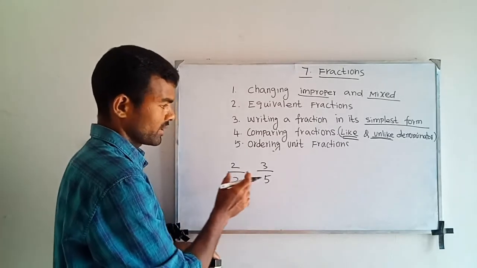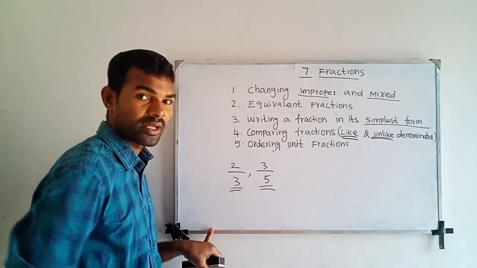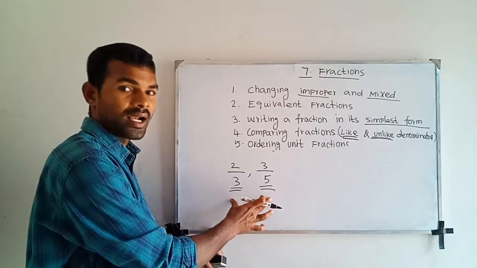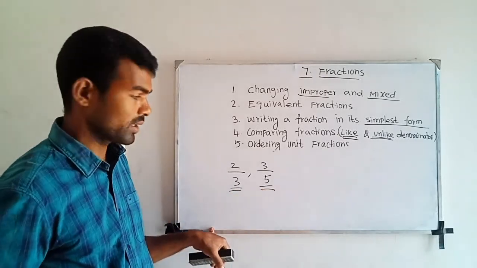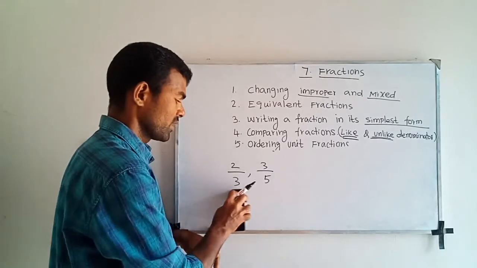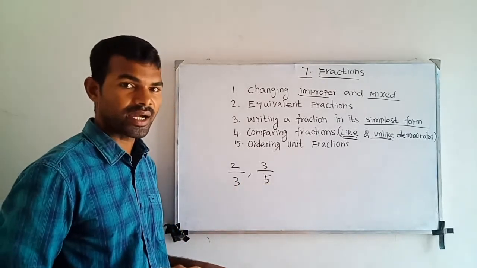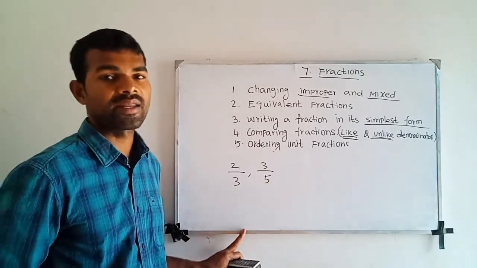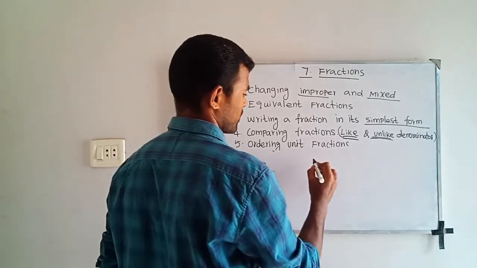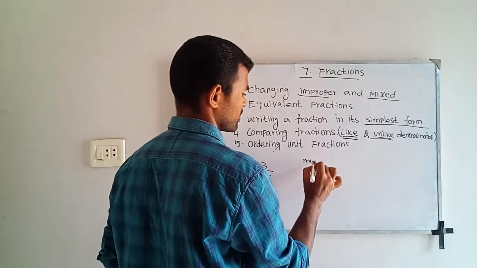In these numbers, see whether this is like denominator or unlike denominator. Both denominators are different, so this is unlike denominator. To compare, whether small or big, we first have to find the LCM of 3 and 5. We can find the LCM in different methods. So LCM of 3: what are the multiples of 3?